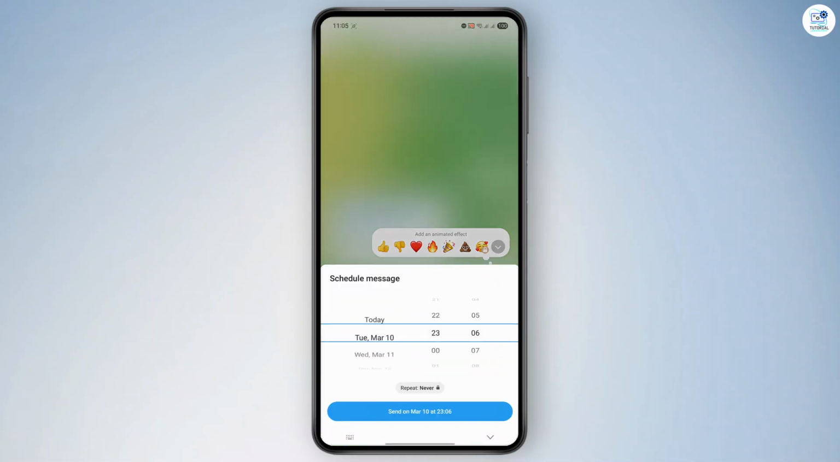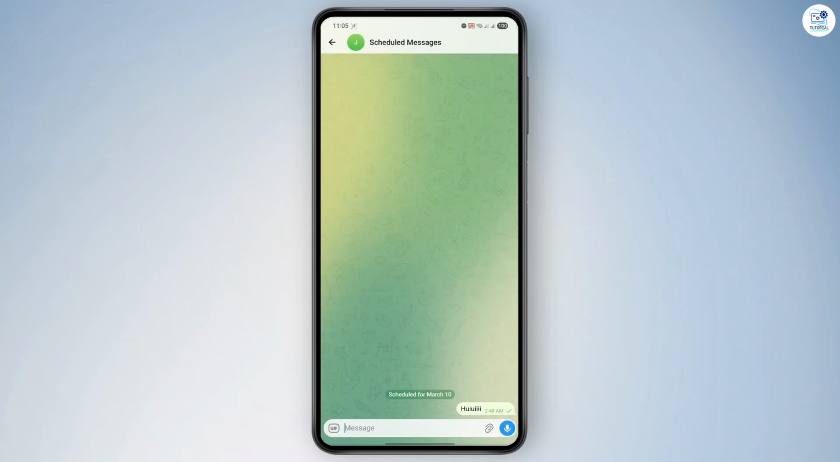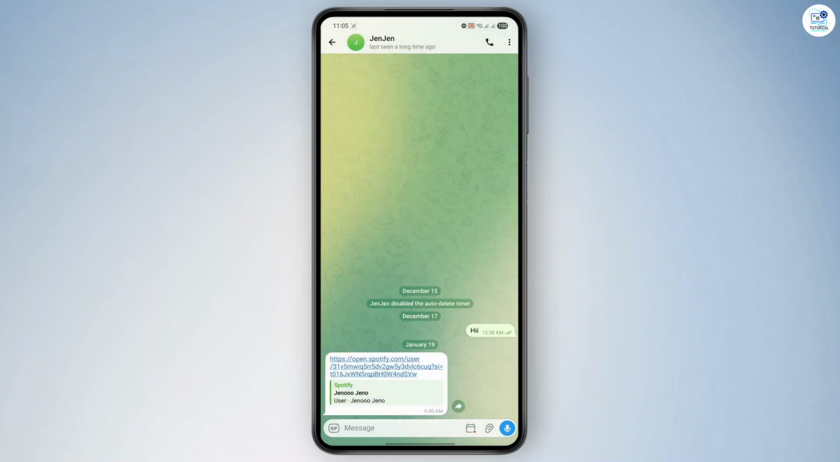Once done, select the date you want the message to be sent by scrolling through the calendar. From here, set the exact time you want the message to go out. At this stage, tap the Schedule button to confirm everything. Finally, your message will be saved and automatically sent at the exact date and time you selected, without you needing